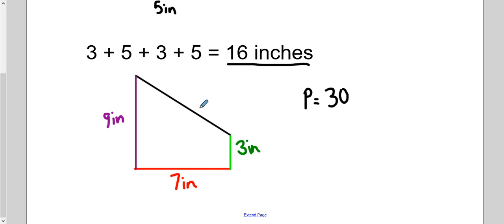And then this side right here, this line right here, we don't know what that is. So we're going to assign that a variable. And a variable is what we use if we don't know what the actual number is. A variable can be a symbol. Typically, it is a letter. And with algebra, there's certain letters that we like to use. X is one of them, and it's kind of like a cursive-looking X. Y is another common variable. Z is a variable, and we like to put a line through the Z,